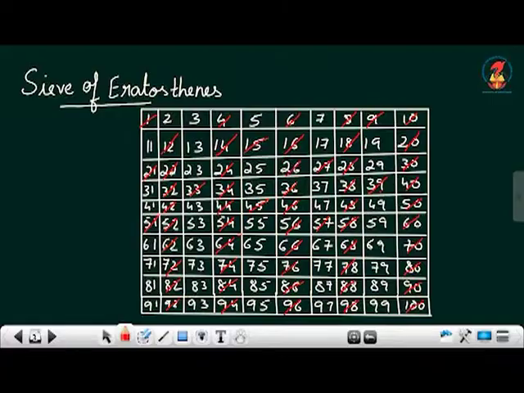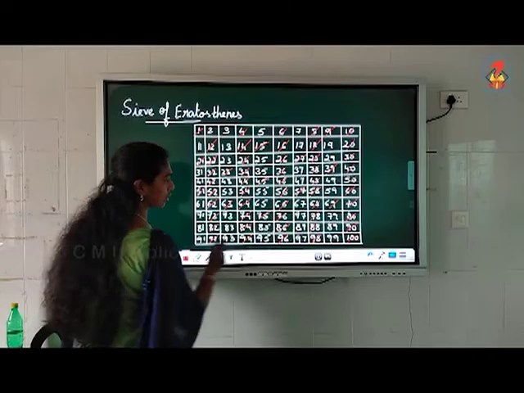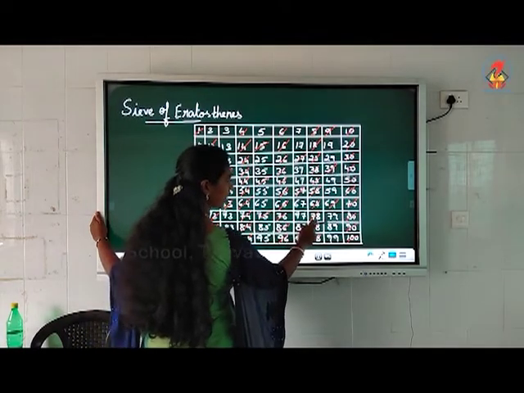See, after 60, 1 2 3, multiple of 3. 1 2 3, this is a multiple of 3, 66. 1 2 3, multiple of 3. Okay. 1 2 3, this is a multiple of 3, 72. Remember when we did the divisibility rule, 72 was a multiple of 3. Okay, it is divisible by 3. 1 2 3, 75, multiple of 3. 1 2 3, 78 is already gone.